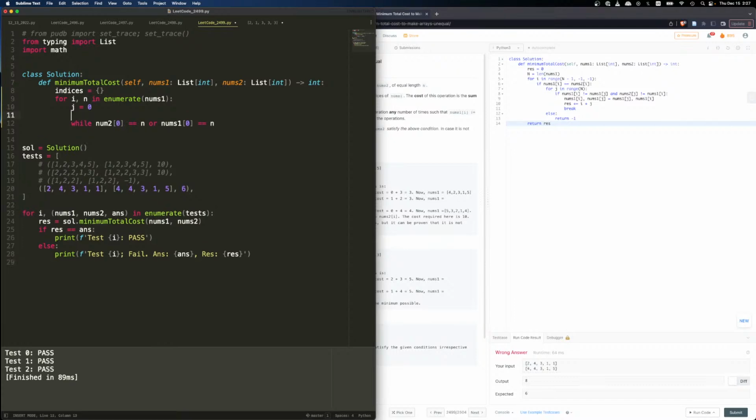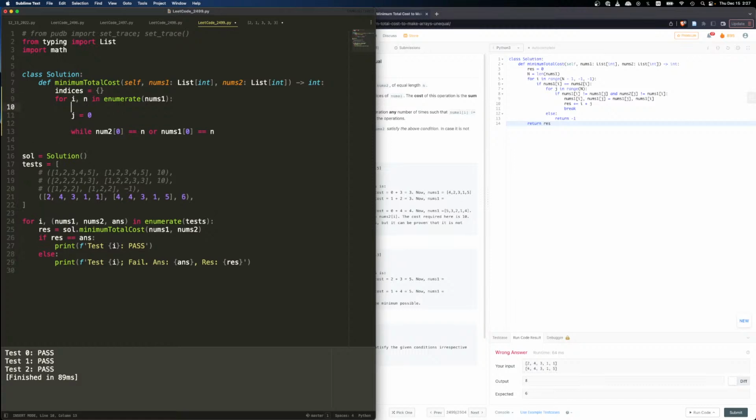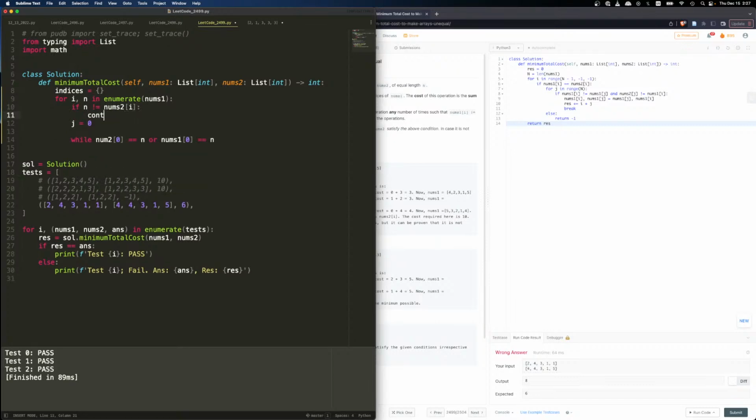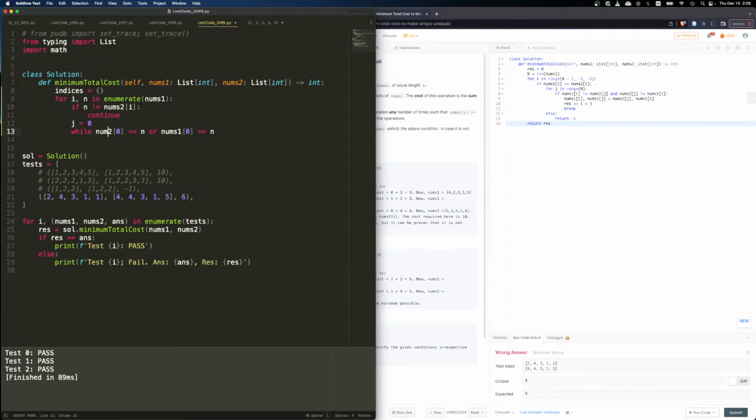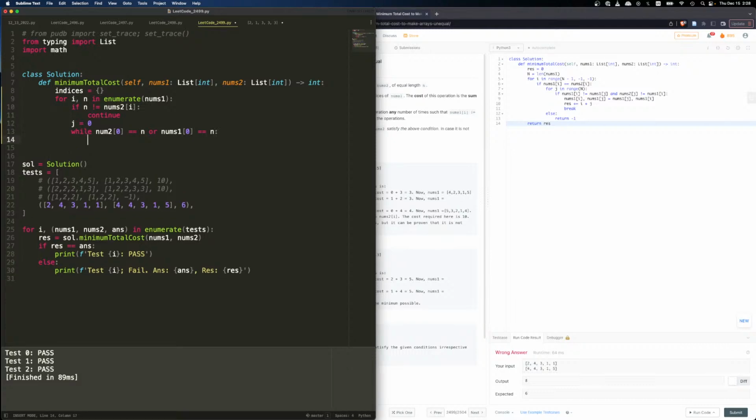We can say if n is not equal to nums2 I, right? Then we continue, which means the current value and the nums2 are not the same, so we can just continue. So if they are the same, which means we need to swap. Then we check if I can swap with the 0 position, right? So we just need to know if 0 position is equal. If any one of them is equal, which means we cannot do, then